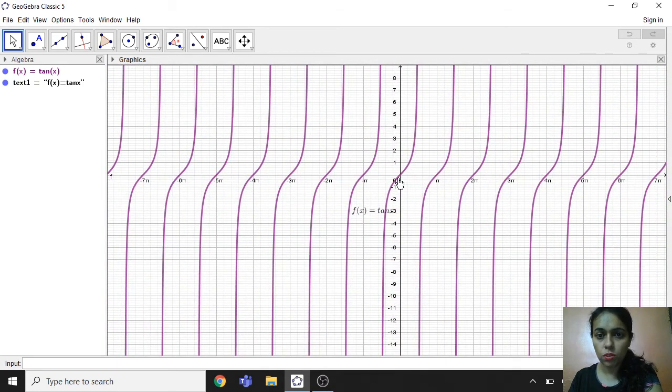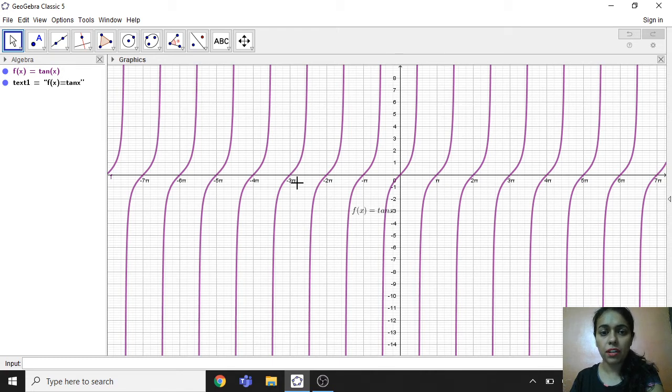If I talk about the 0 to pi by 2 interval, is my function tan x increasing? You can observe in the interval 0 to pi by 2, my function is increasing from 0 to infinity. And in the interval pi by 2 to pi, it is increasing from minus infinity to 0. Furthermore, from pi to 3 pi by 2, it is increasing from 0 to infinity.